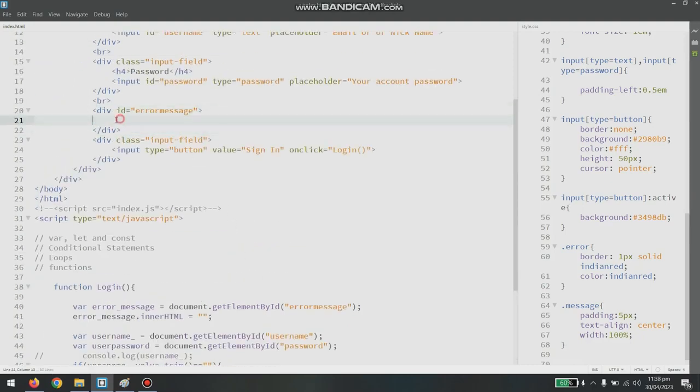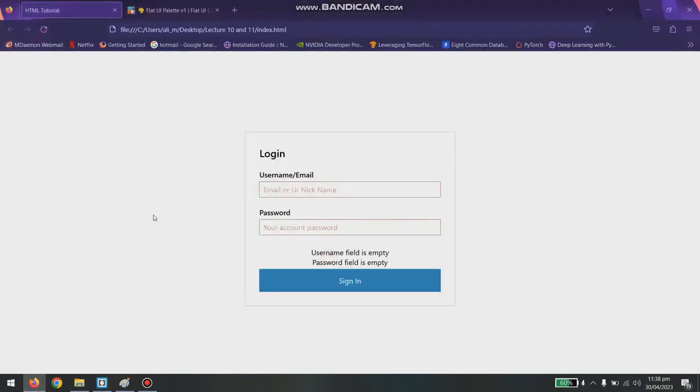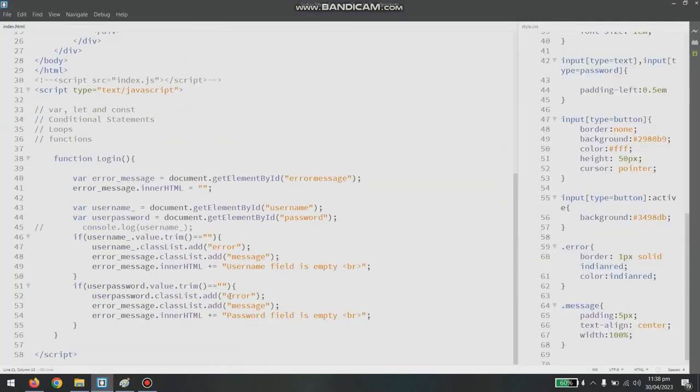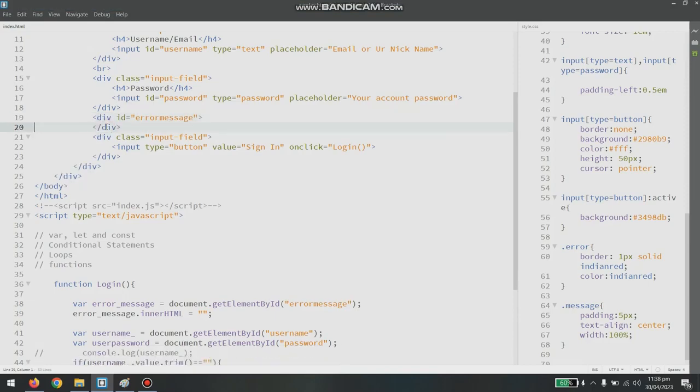So whatever you write will come in this highlighted space. Okay. So refresh, and username field is empty, password field is empty. It looks good, but I think the problem is with the extra spaces. So if I remove these spaces here